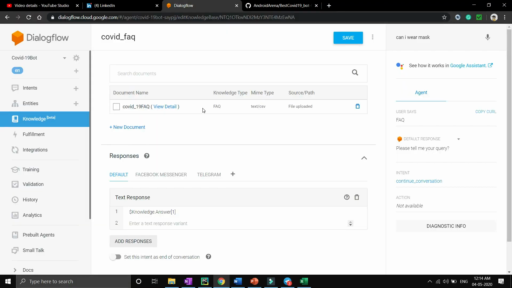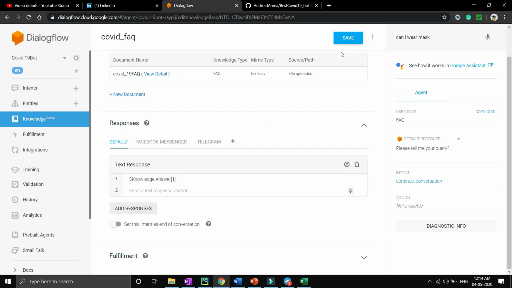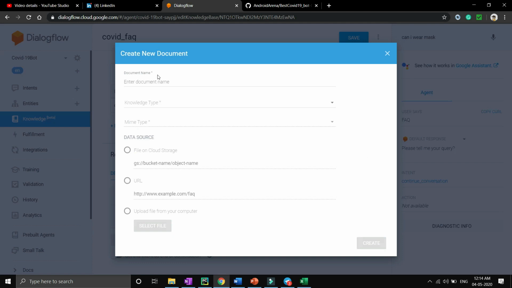So let's jump to Dialogflow, where I have created my knowledge base document with this name. After uploading, if I create a new document, just name it test. You have to give a proper name like COVID_FAQ, but I have given test just to show you.